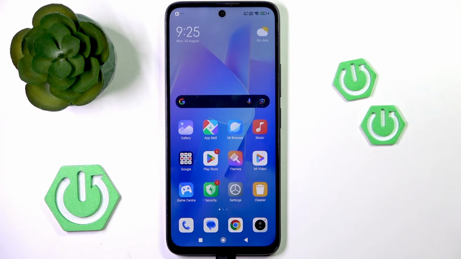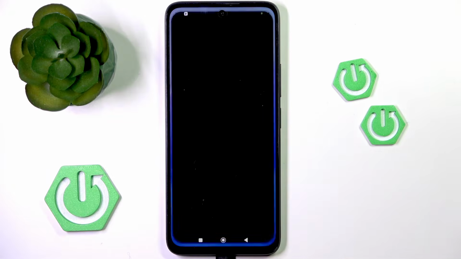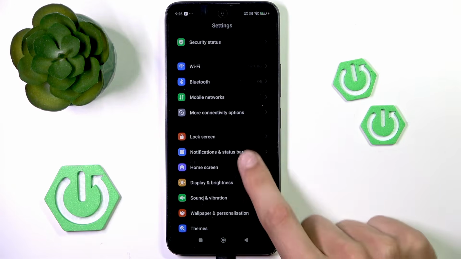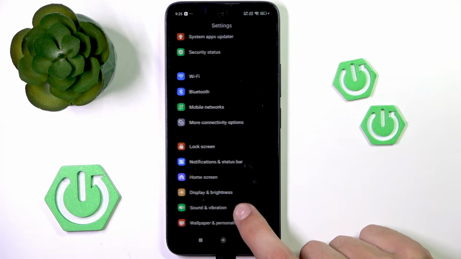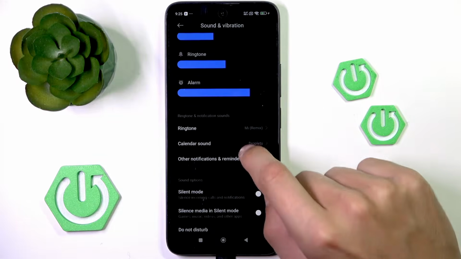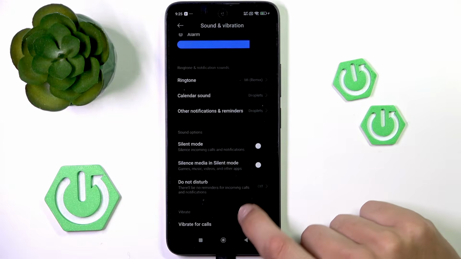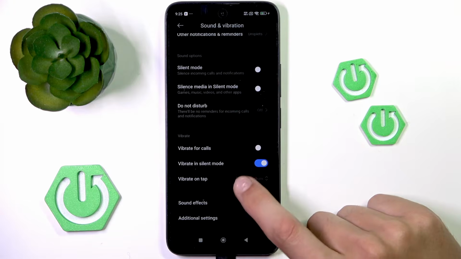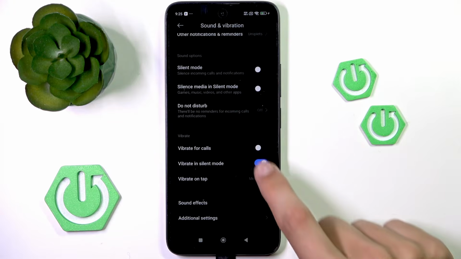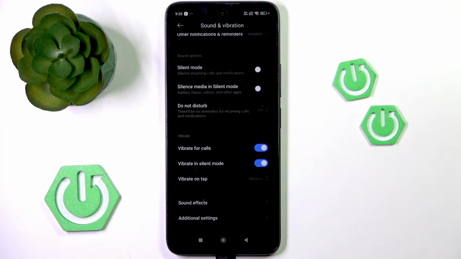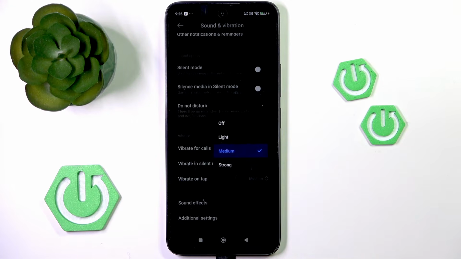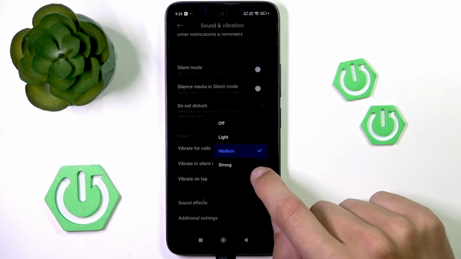To change vibration settings, you want to go into Settings. Here, scroll down to Sound and Vibration. And in here, you can, for example, see in the vibration settings, you can turn on Vibrate for calls, vibrate in silent mode, vibrate on tap, change the strength of it,